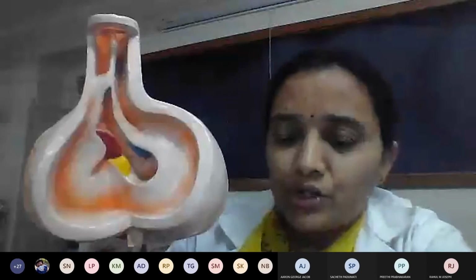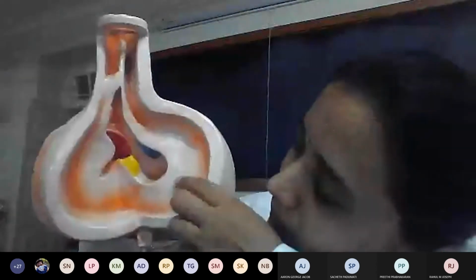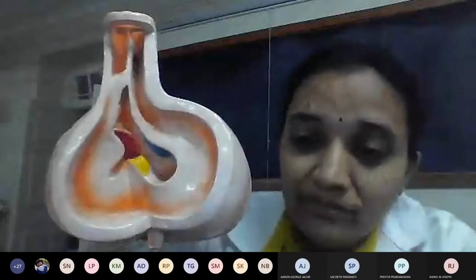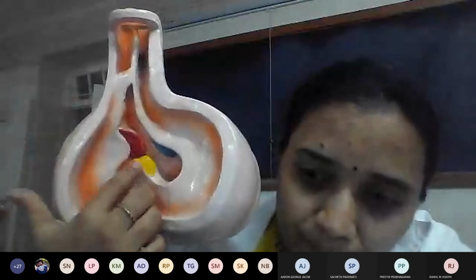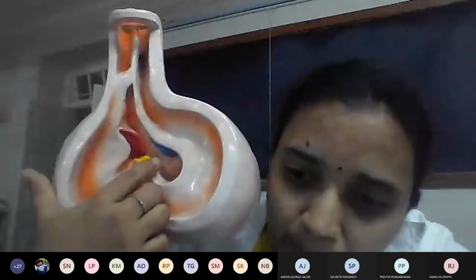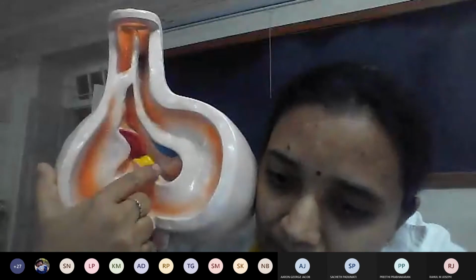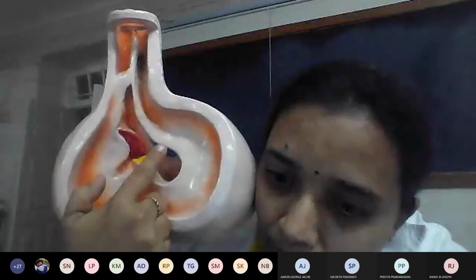This is the model showing interventricular development. Here you can see the other one I have shown you where the membranous part is completely formed. Right and left bulbar ridges, and this thing is the membranous part of the septum intermedium. All these three parts will fuse and form the bridge, the membranous part of the interventricular septum, the upper part of the interventricular septum.